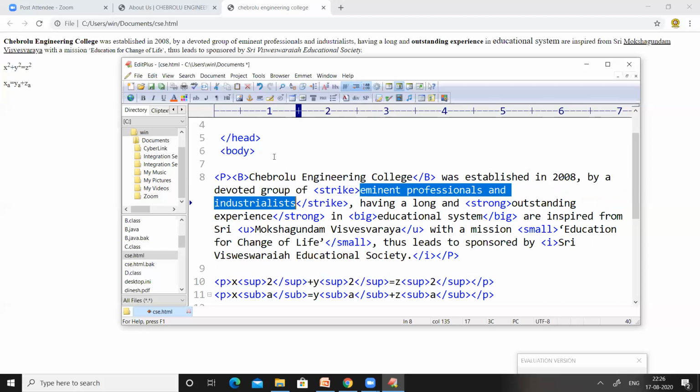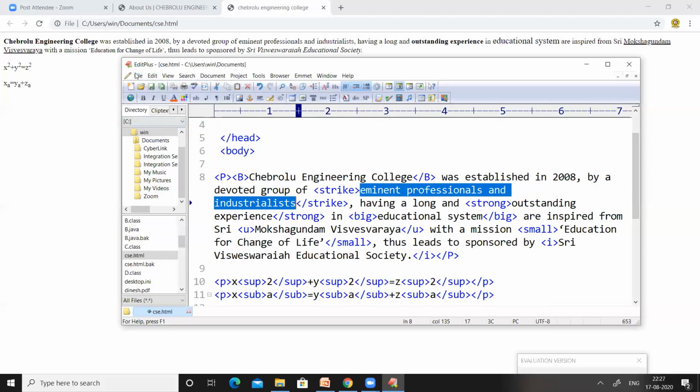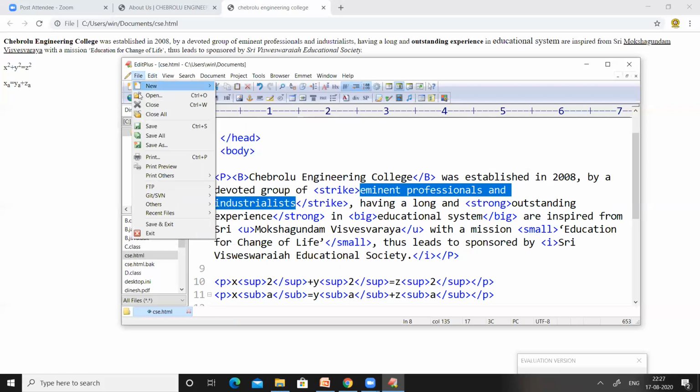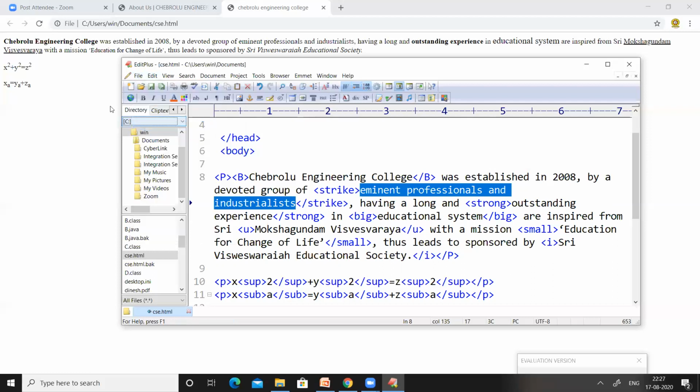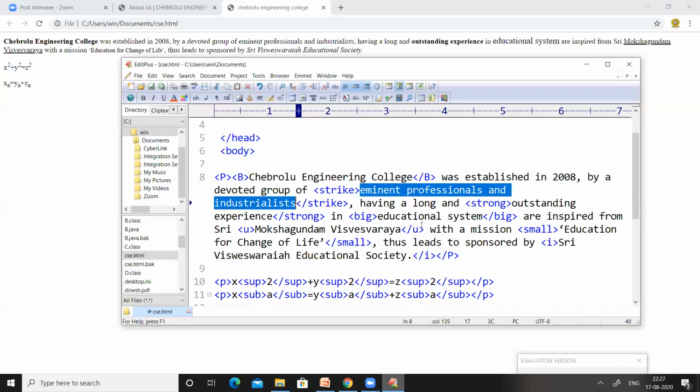So now save this program. Save this program, sorry. And refresh this particular web page so that the changes will apply. So you can observe eminent professionals and industrialists. We have applied the strike tag for eminent professionals and industrialists.